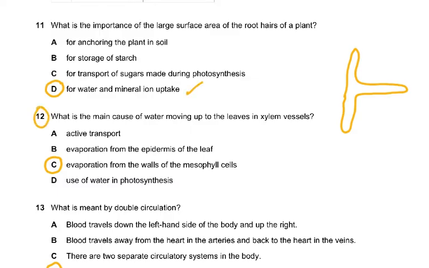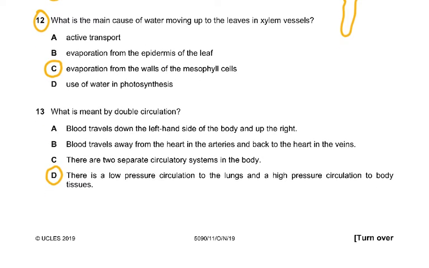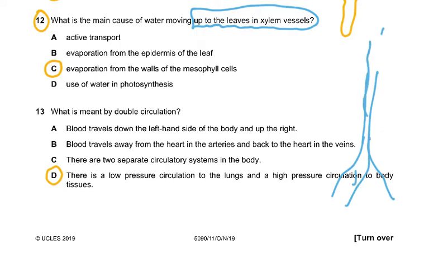Question 12. What is the main cause of water moving up to the leaves? So this is a plant. These are the roots. This is the stem. And then we have a leaf here. They're asking, first of all, the water enters the root, then it's going to go up. Now, what is the main reason why it is going up? The main reason is this: